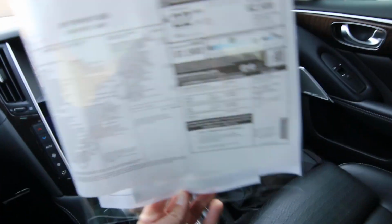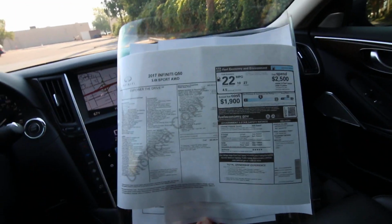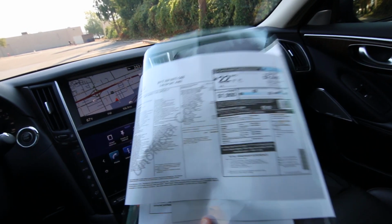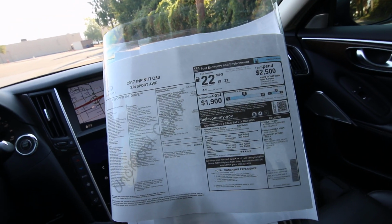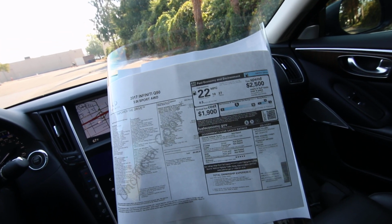Since we're a new Infiniti retailer, we can easily get the original build sheets on these, and it's always important to make sure you're comparing apples to apples. So if you have any questions about Infinitis, even though it might not be an Infiniti for sale at our store, we'd be happy to help you pull the build sheet on it so you can make an educated buying decision. This one had an original MSRP of